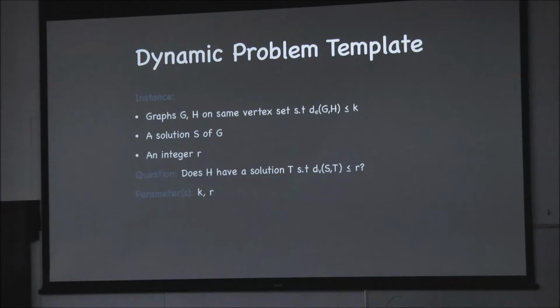Okay, so this is the setting. k is called the edit parameter, r is called the distance parameter, so that I won't use symmetric difference often. We'll mostly talk about FPT algorithms with respect to the edit parameter. That's a new parameter. r can be thought of as a solution size also for certain problems. So that's the reason.